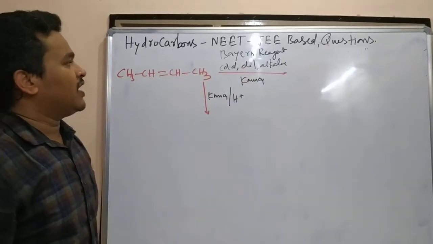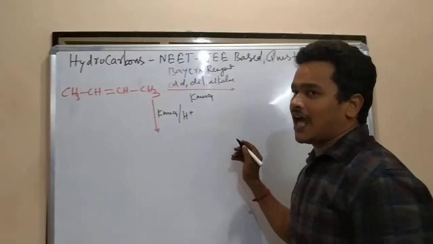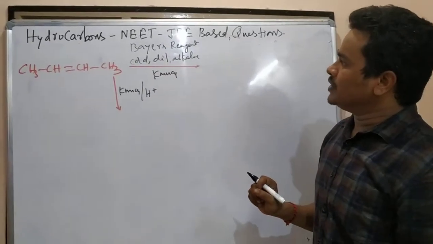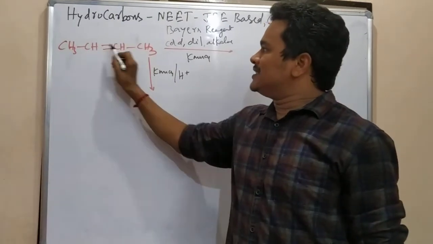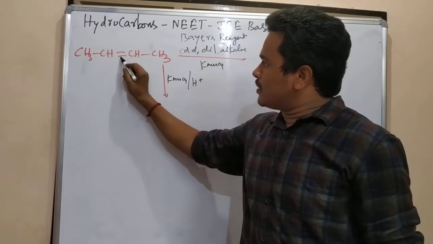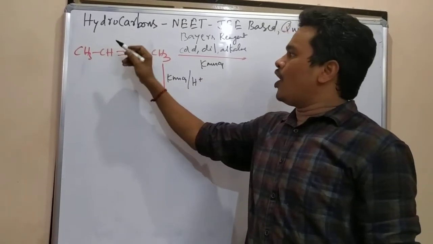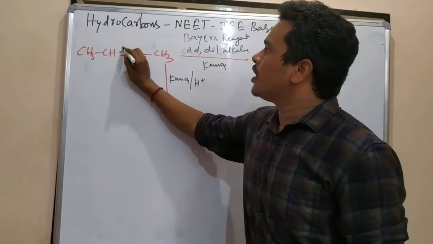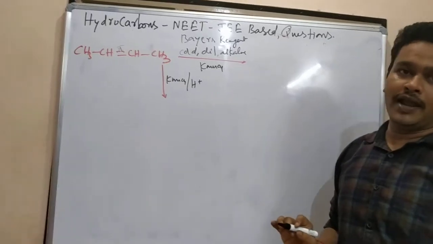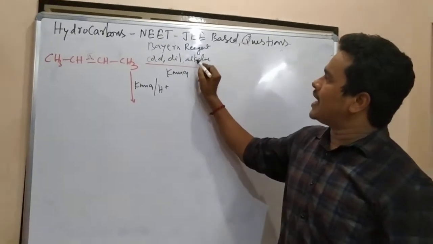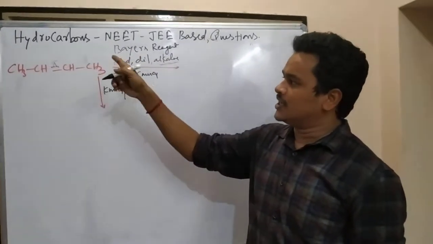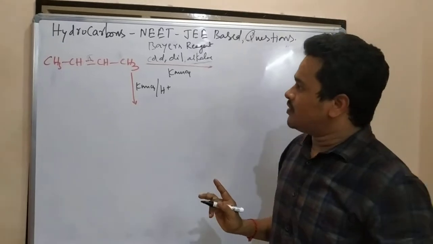What will happen with this reagent? Whenever this reagent is given, this CC linkage you should not touch. This CC link, one sigma bond, you should not break. Remaining all bonds, this pi bond, this H bond, everything we have to break. This is alkaline, so that OH is going there. One bond you are breaking means that side one OH, this side one OH.